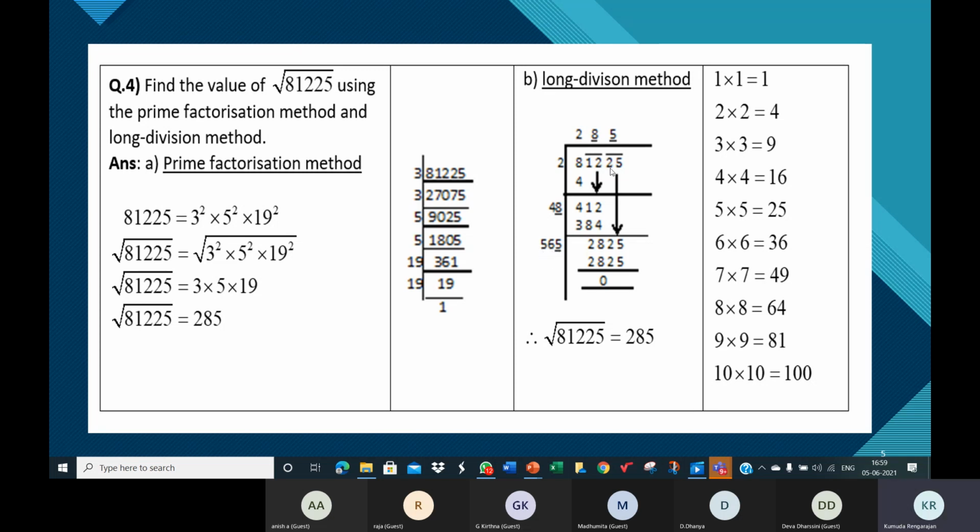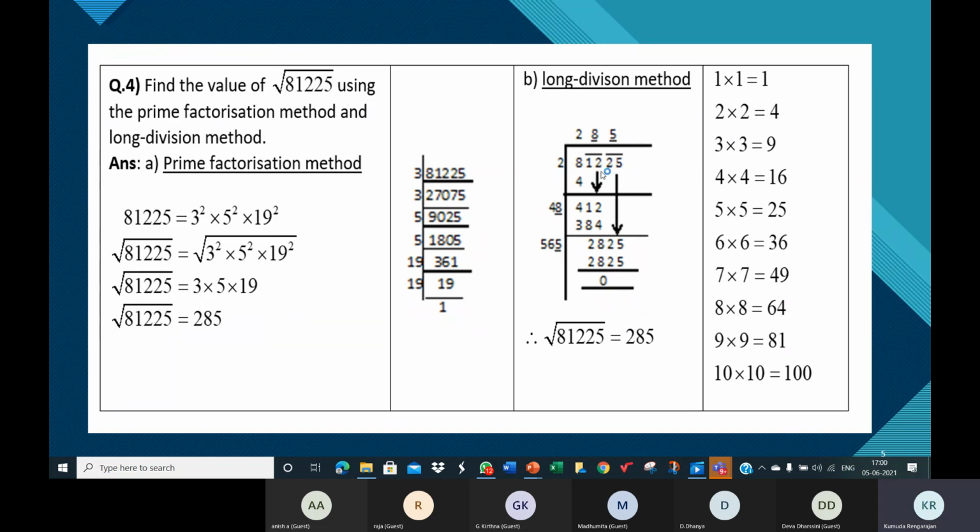Now, again, whatever digit you place here, you must place the same digit here. And you know that this is the last step, because you don't have any more pairs of numbers to bring down. So you know that this is the last stage of division. So you want a zero remainder, you should get a zero remainder.